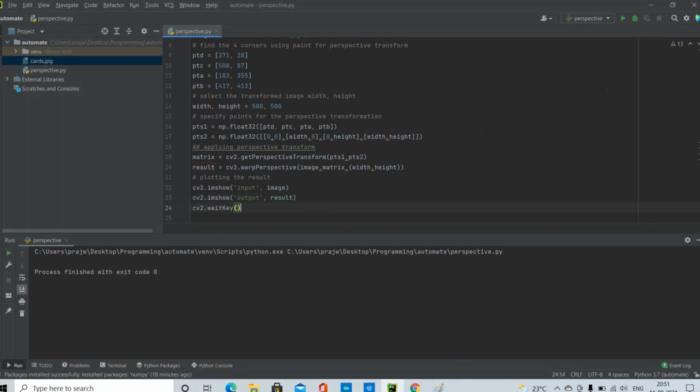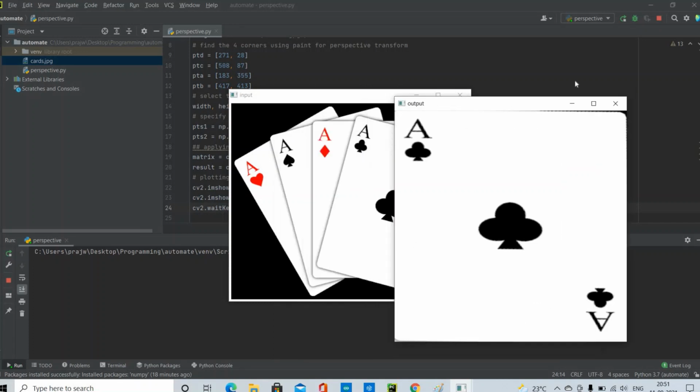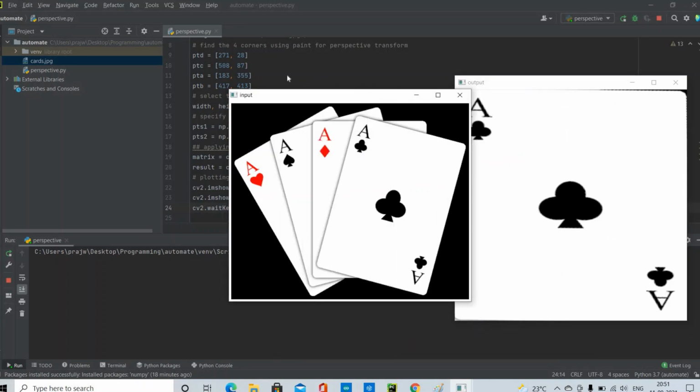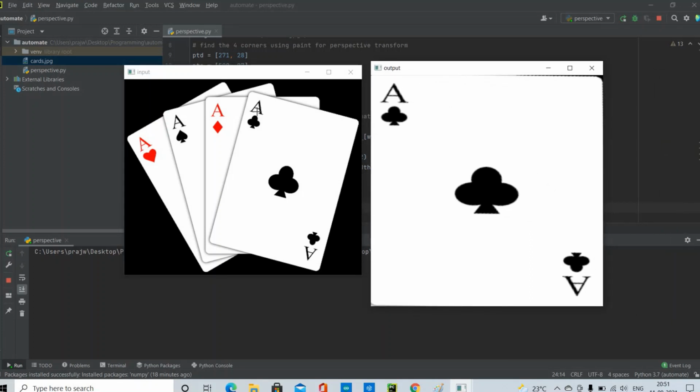That's it. So let's see how this will look like. As you can see here, we wanted to transform the ace. So the original image was like this. So we are now able to transform and get the